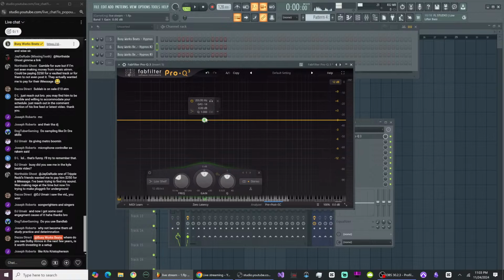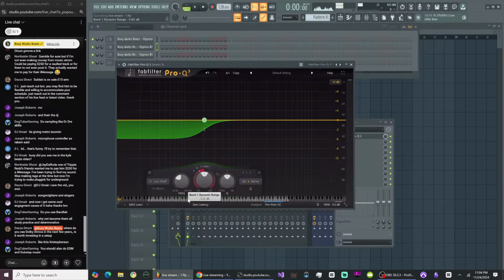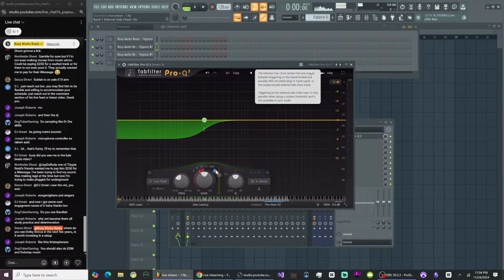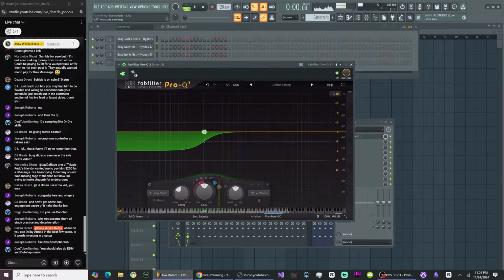To set this up, we need to create what's called dynamic range. Let's do 6 dB of dynamic range here. We're going to put this on auto mode and click this little button here. I forget what this stands for, the external sidechain button. Go to your settings, go to processing, right click, and select your bass from the input as the stereo sidechain. So now every time this bass hits, it will turn down the volume of the brass. So now they can both live at the same time, and every time that bass hits, it will make sure it has enough space.